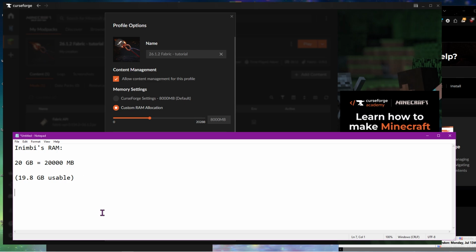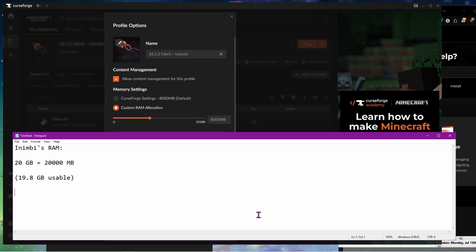So personally for me, I think I've used less than a third, but you're going to need to do it depending on obviously your settings, plus what your computer is set to handle, as well as bearing in mind if you're playing on a server with a lot of mods, you might need a higher RAM allocation. If you're playing on one with not very many, then you probably won't need quite as high. This is also something, if you're not sure about, you can Google to see what other people recommend, but maybe set it around somewhere between a half and a third, see if that works for you.